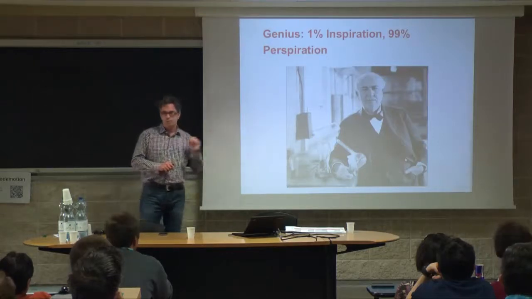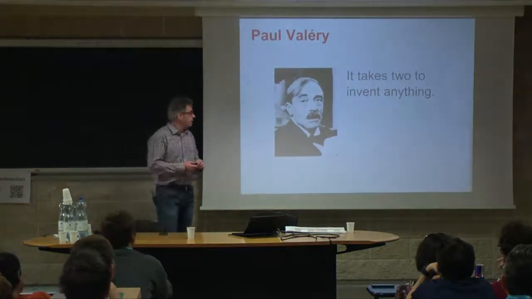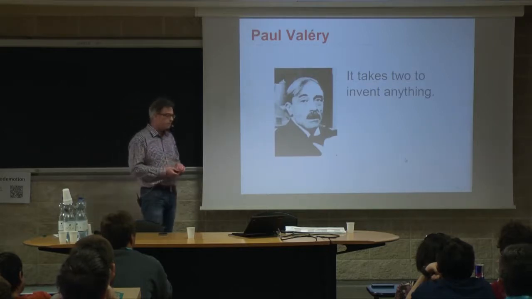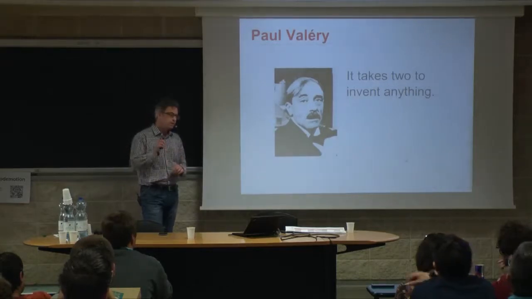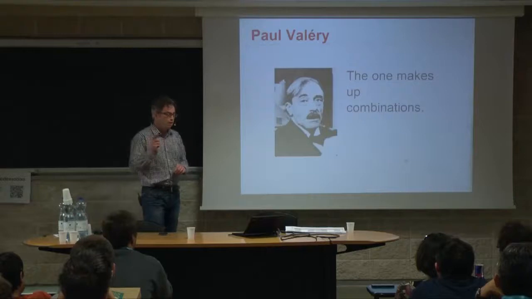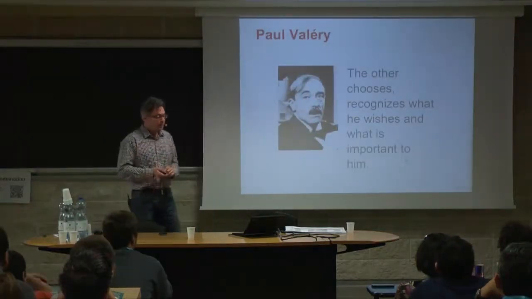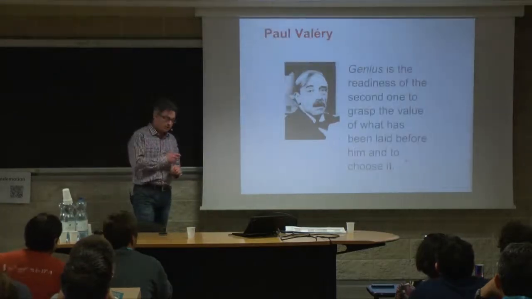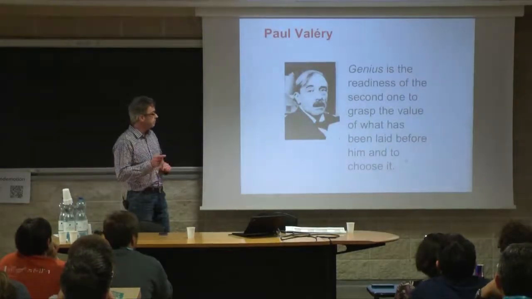So let's take this quote, put it in our pocket, and take a look at a different quote on genius. This is Paul Valéry, a late 19th century, early 20th century philosopher and essayist. He says it takes two to invent anything. The one makes up combinations. The other chooses, recognizes what he wishes, and what's important to him. Genius is the readiness of the second one to grasp the value of what's been laid before him and to